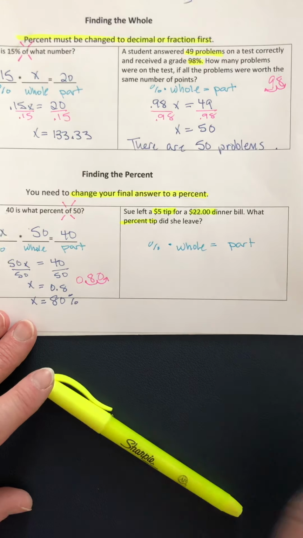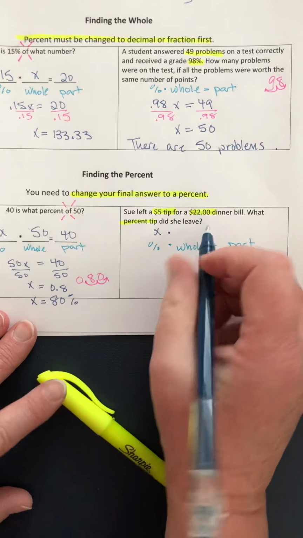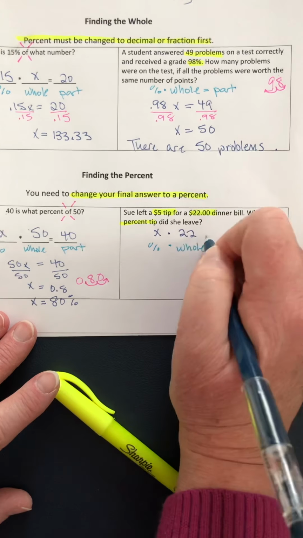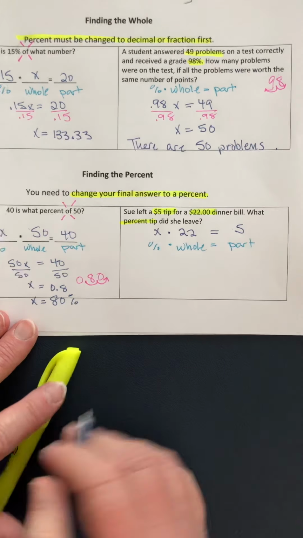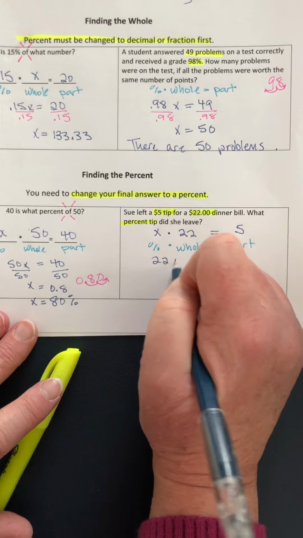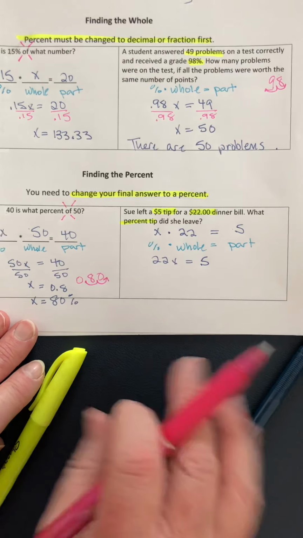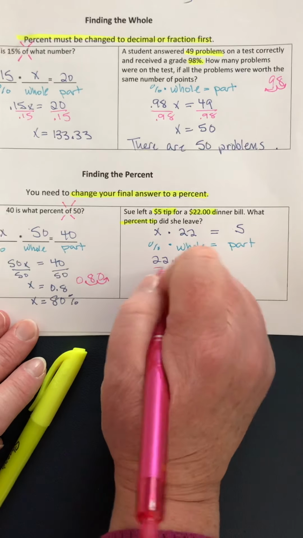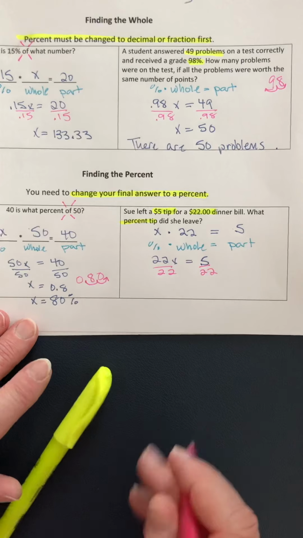So my percent I don't know, so that's my x times my whole, which is 22, equals my part, which is 5. So I have 22x equals 5. Now I need to divide both sides by 22 to solve for x. Remember, what you do to one side, you have to do to the other,